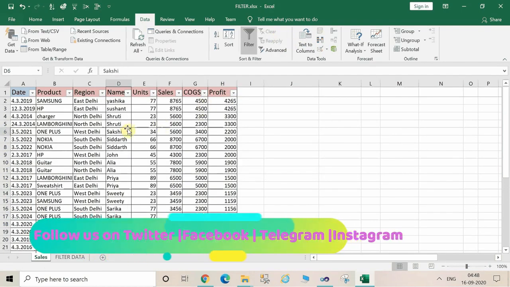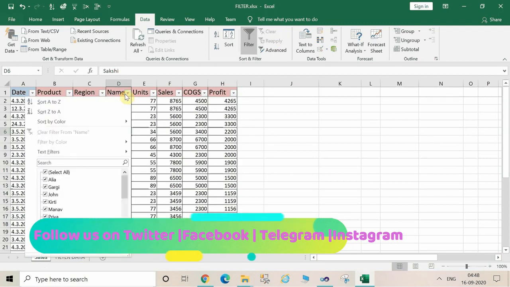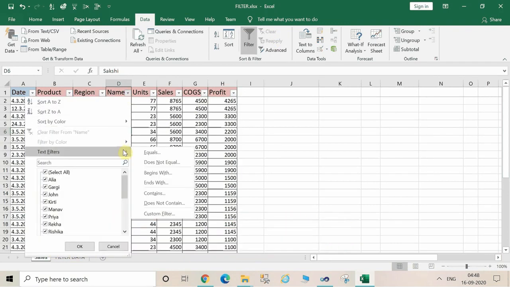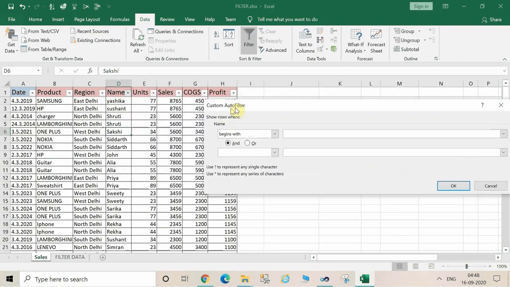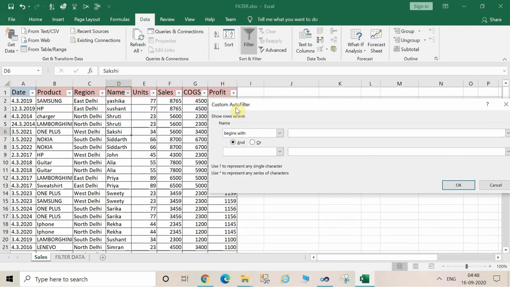Likewise, in the text also you can do the same filtering: equal, not equal to, begins with, ends with, contains, doesn't contain. Let's try begins with. See here all the names like Olia, John, Sarika, Siddharth, everything.